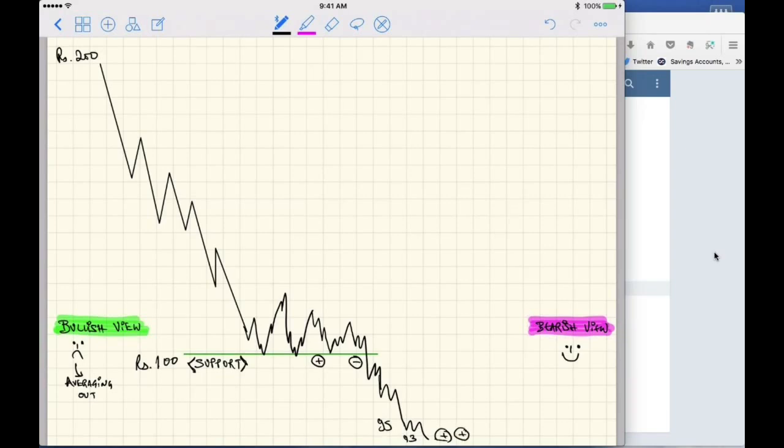So at a lower level, both the parties infuse buying, demand. One buying is buying its original position, averaging out its original position, and the other buying is covering its erstwhile shorts. Because of this, you will generally notice, bounce backs are very sharp in nature. So the stock bounces back.